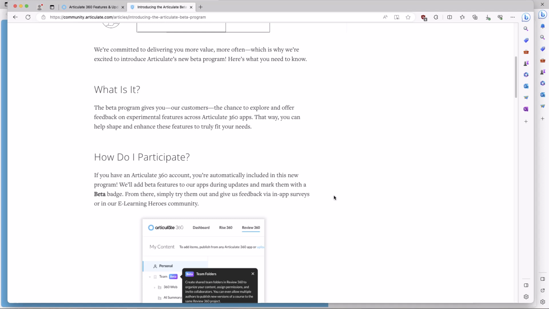So, a lot of new features over the past two months. Hope you are enjoying the ones that you've seen. I also made a mistake: cloud backup is available today. You don't have to wait till tomorrow. For Articulate Storyline, if you update your app, you'll have access to that today. And then tomorrow is the team folders for Rise.